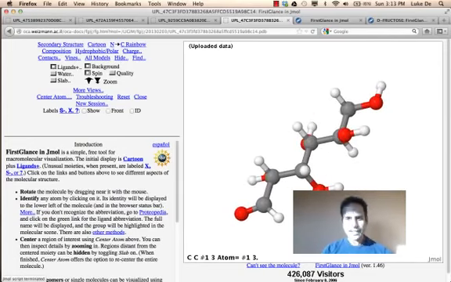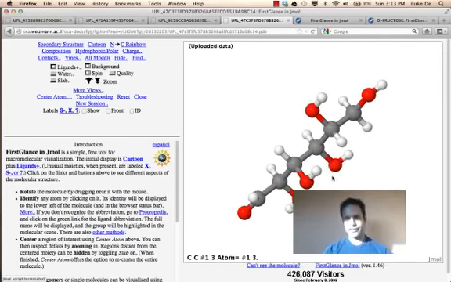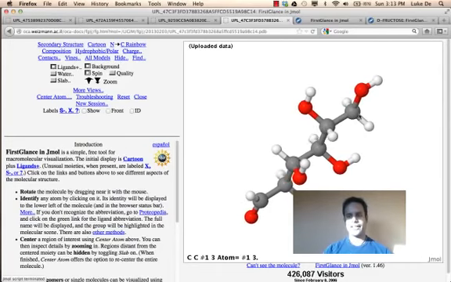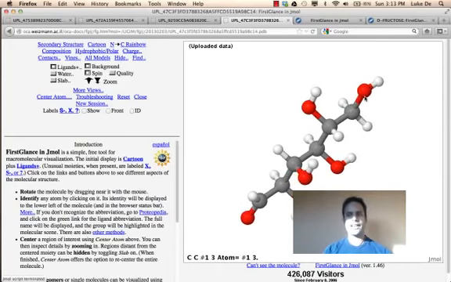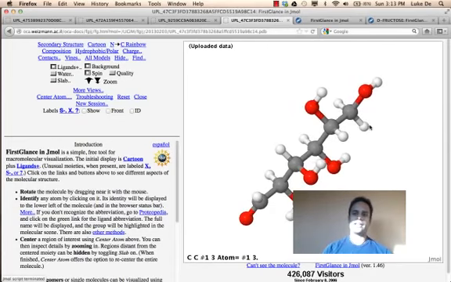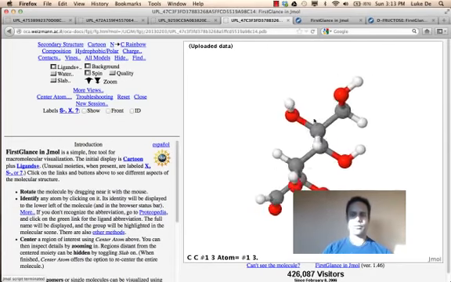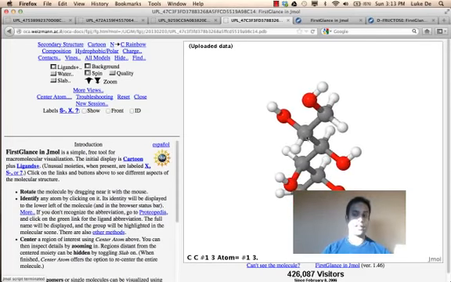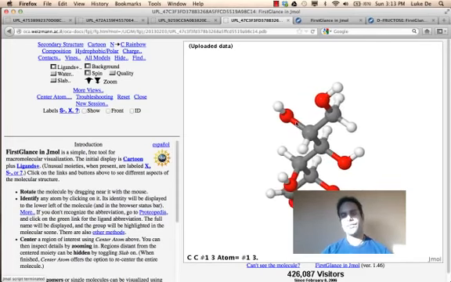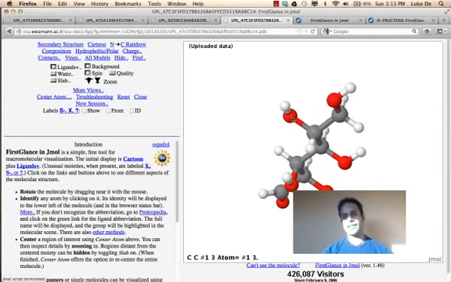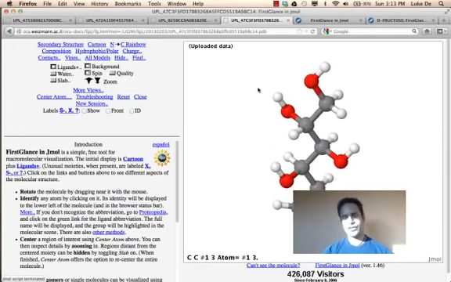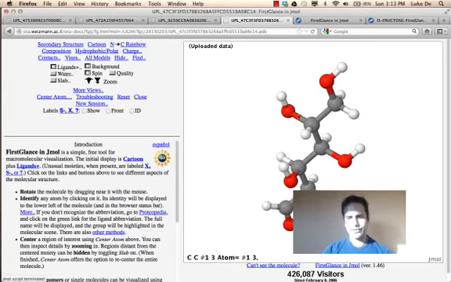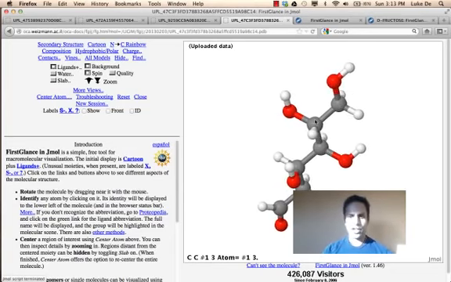One of the main ways we identify carbs is by how many carbons they have. So we look at this one, it's got 1, 2, 3, 4, 5, 6. Beyond that, it's got oxygens and hydrogens. And we know from what we talked about before that if you have a carbon next to an oxygen or a carbon next to a nitrogen, the carbon is going to be slightly positive, and the same goes for hydrogen. If you have an oxygen or nitrogen next to a hydrogen, the hydrogen is going to be slightly positive. So you have basically a carbon chain